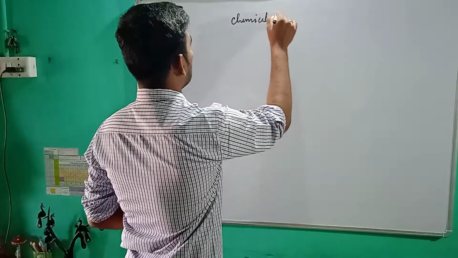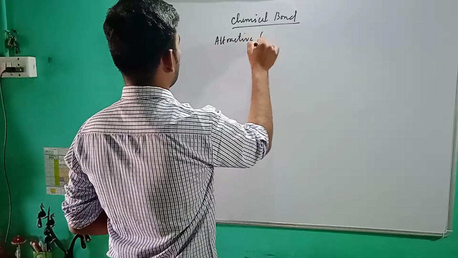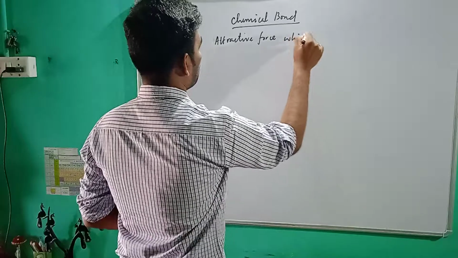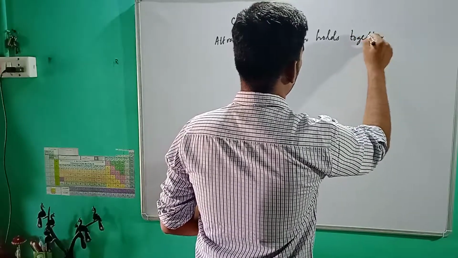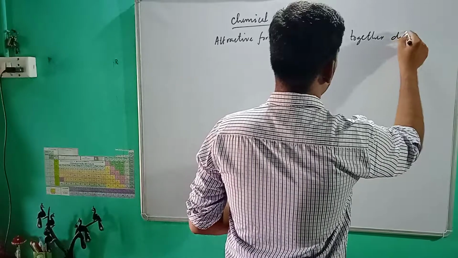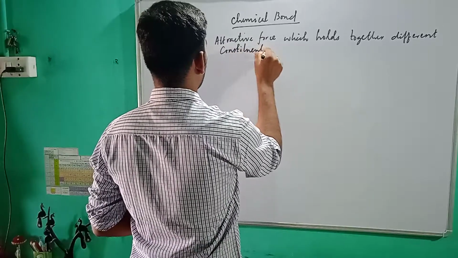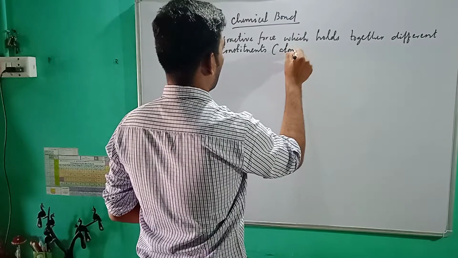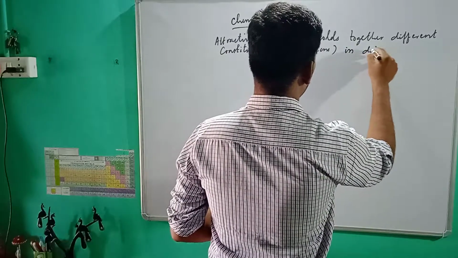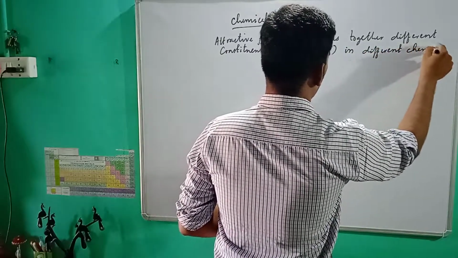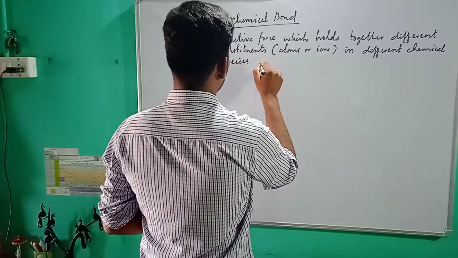Chemical bond, it is an attractive force which holds together different constituents that may be atoms or ions in different chemical species is called